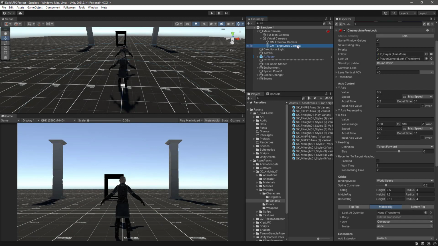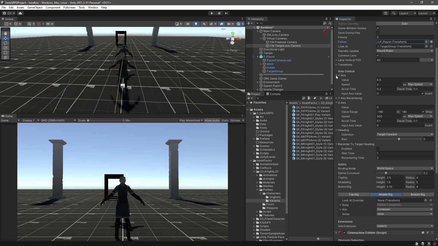Okay, so because Cinemachine cameras can get messy when you don't have the follow or the look at already set, it's really difficult to configure those. So we are going to change here in the target lock camera. For the follow, we need to follow, in this case, the player, which is already set. But for the look at, we need to set up the target group in this case. Okay. After doing so, we can scroll down,